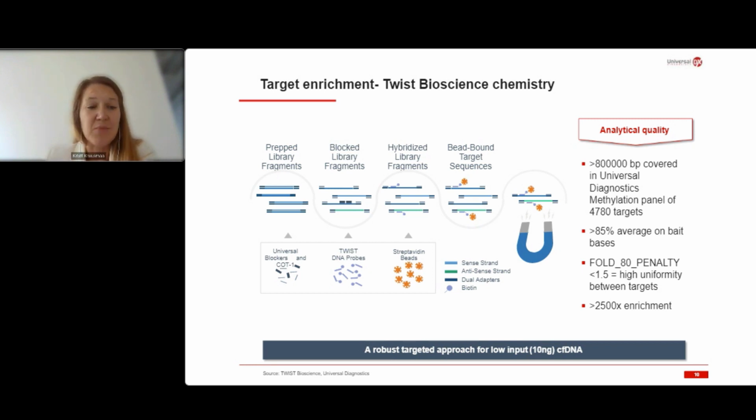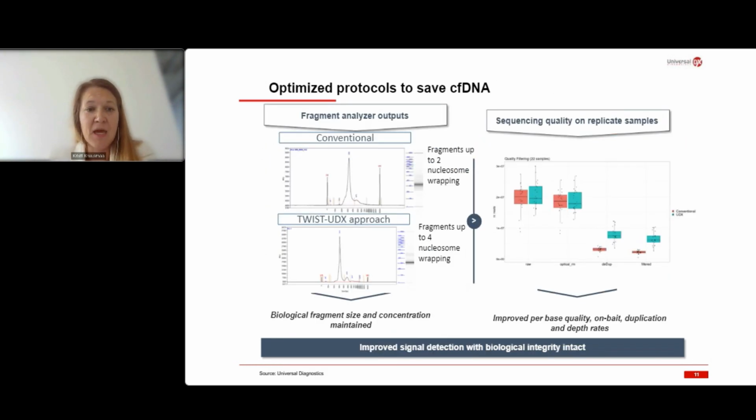So it's really appropriate for enriching many targets in a very accurate and uniform format. From our analytical analysis, one of the good and, I would say, even more important parts is that, compared to the conventional analysis, the profiles after the whole procedure of conversion and capture maintain the original fragment size and concentration profiles, as you would see from just cell-free DNA without going into